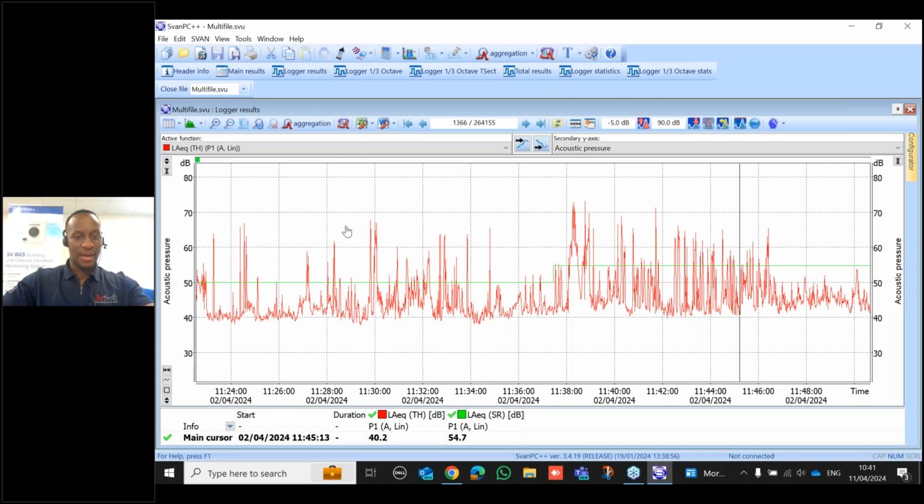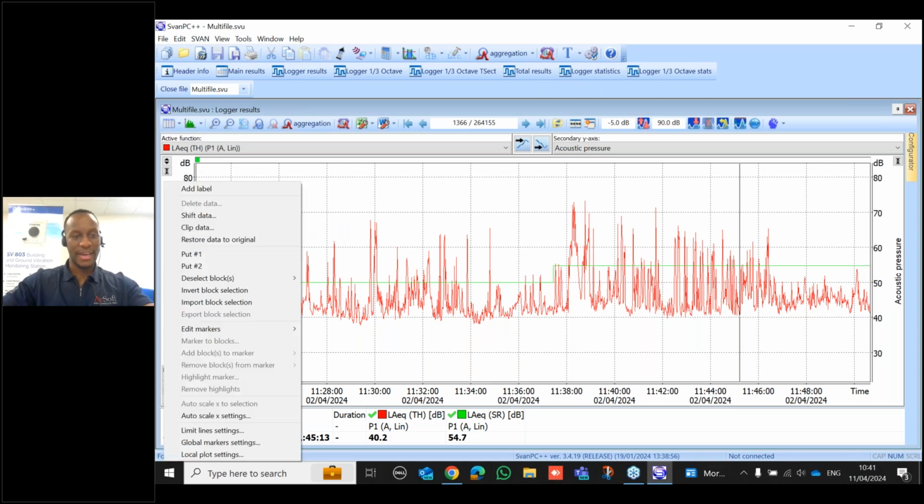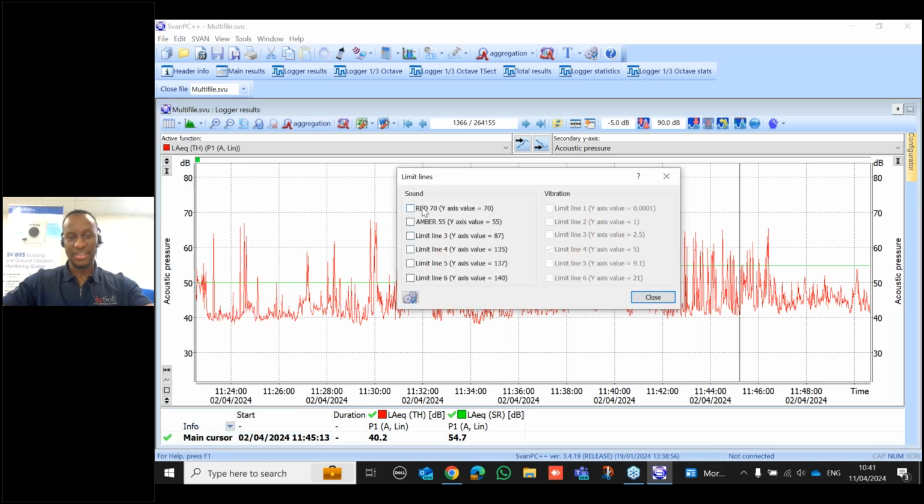So what I'm going to do now is show you how to add limit lines on SvanPC++. If I right click and go to limit line settings, as you can see, mine already has these limit lines preset by default, but you can change the values so that they are suitable to your needs. If I select the little settings cog on the bottom left,